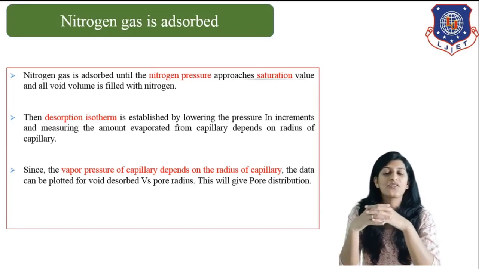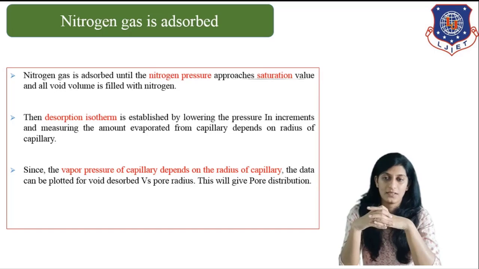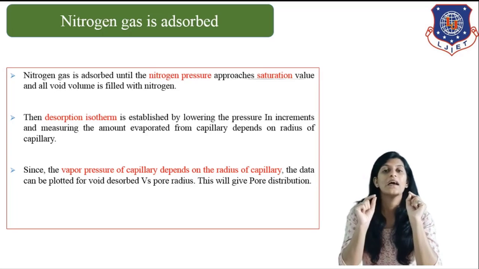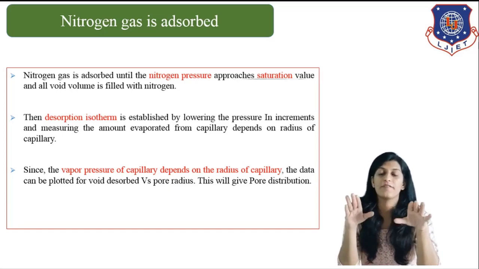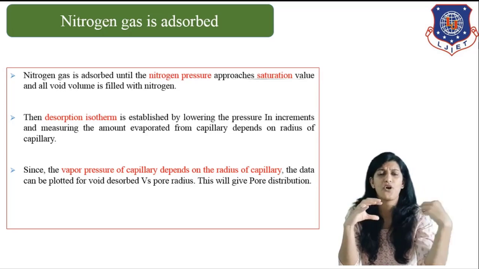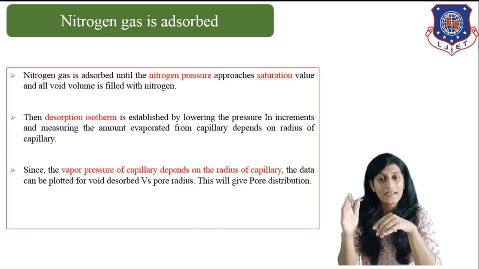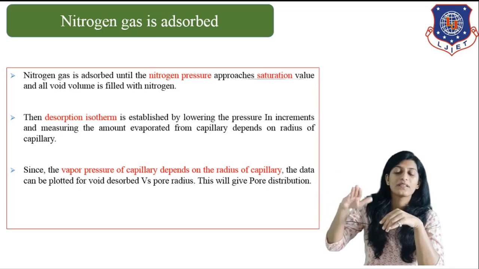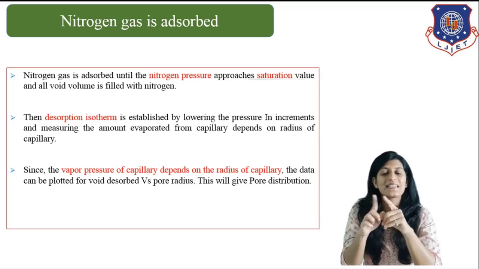Next method is the nitrogen gas adsorption method. In this method, nitrogen gas is adsorbed until nitrogen pressure approaches saturation value and all the void volume is filled with nitrogen, that is, all the pores of our catalyst are filled with the nitrogen gas. Then we will try to remove that nitrogen from the surface using desorption isotherm, and this data is used to